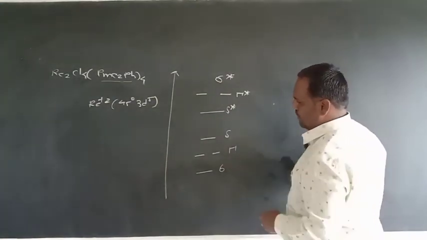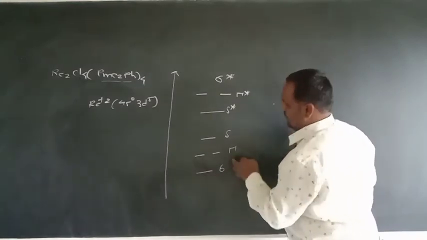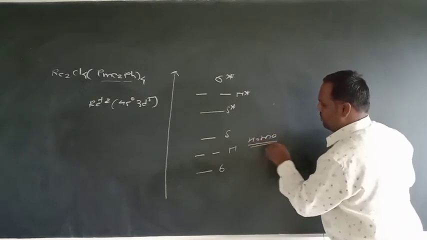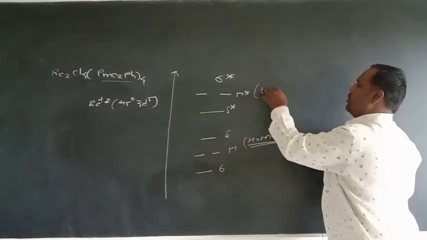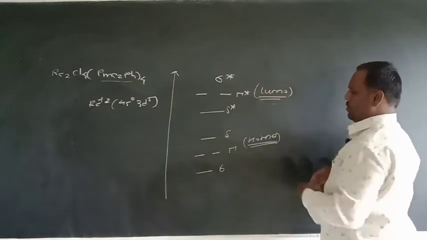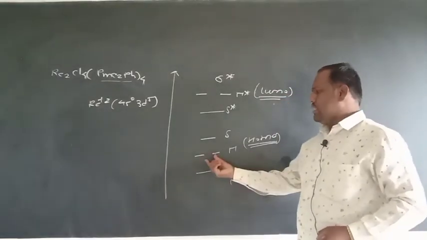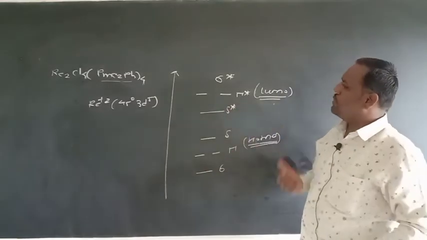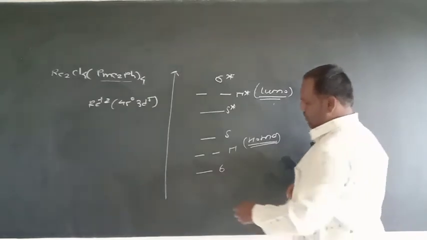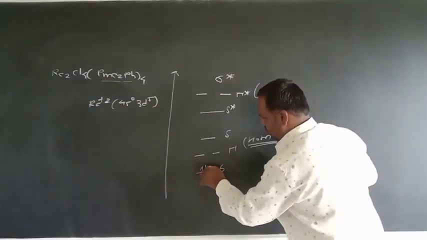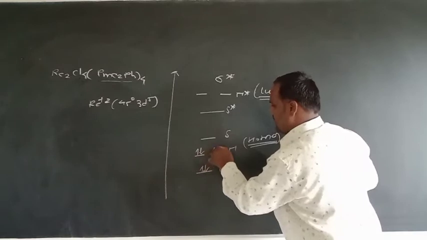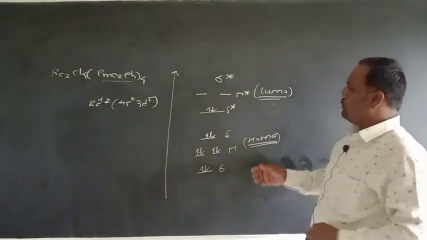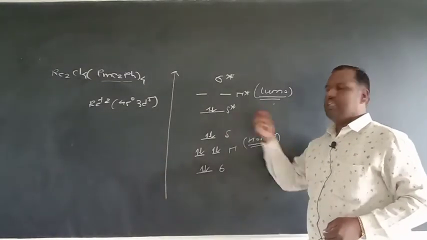If we count the electrons, first the bonding molecular orbital, the HOMO, highest occupied molecular orbital, and this is the LUMO, lowest unoccupied molecular orbital. The bonding orbitals are lower in energy, therefore electrons are first filled into the bonding molecular orbitals, and then the remaining electrons go into the antibonding molecular orbital. Total 10 electrons: 2, 4, 6, 8 and 10. So 2 electrons go into the antibonding orbital, the delta star orbital.